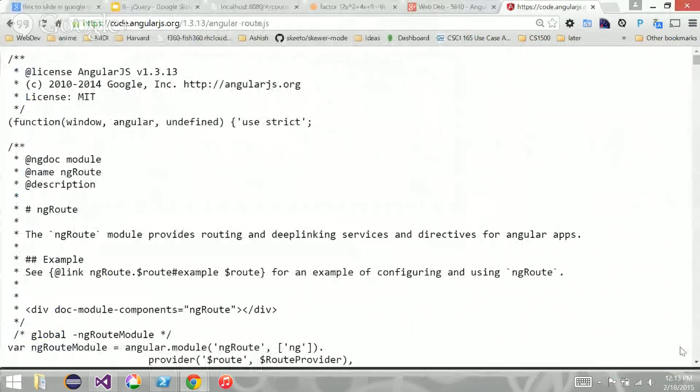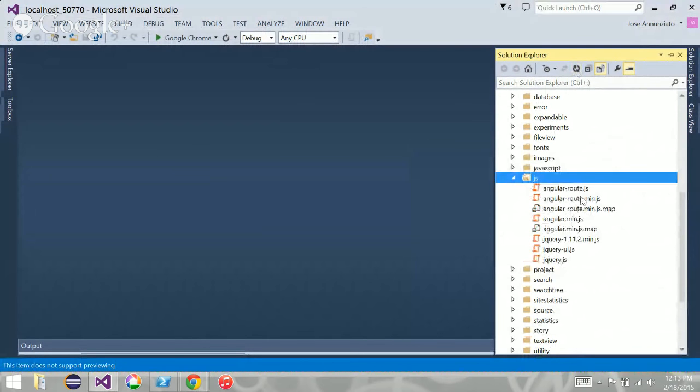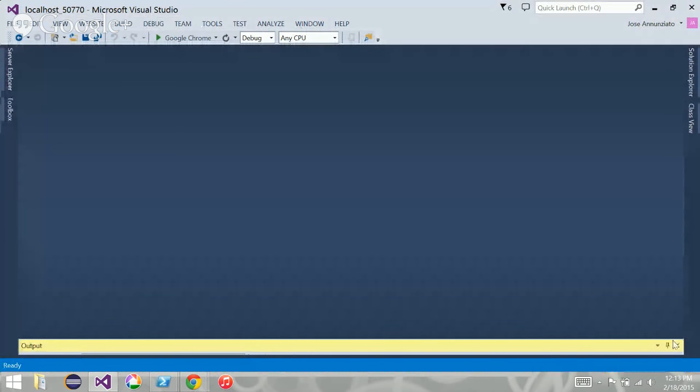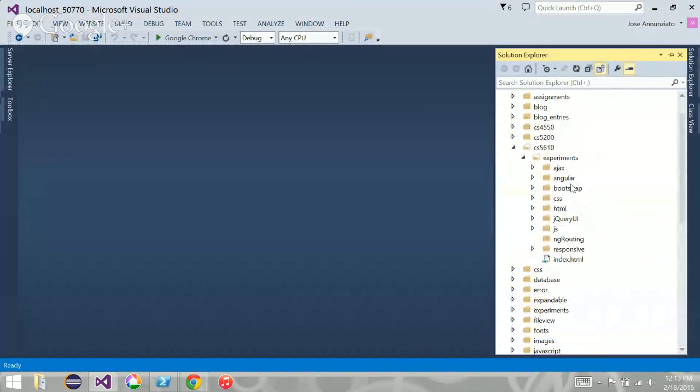Okay, I downloaded it. Now that I downloaded it, I'm going to refresh this, and there they are, route. And now I'm going to create an example experiment in routing.